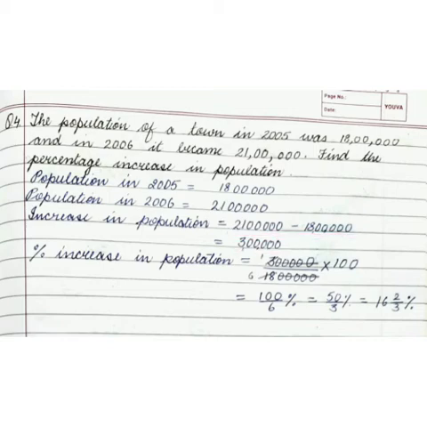Now to find the percentage increase, we have the formula, that is increase upon original value into 100. To find percentage increase in population, we are using the increase, that is 3 lakh upon original value, that was 18 lakh, multiplied by 100. After reducing it, we get the final answer as 100 upon 6%. We can again reduce it by table of 2. That becomes 50 upon 3%. And converting the improper fraction into mixed, it becomes 16 2 upon 3%.